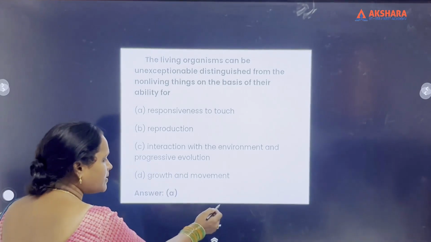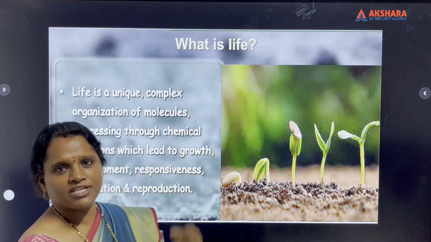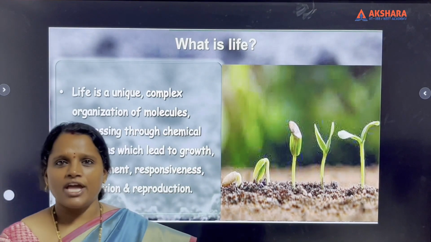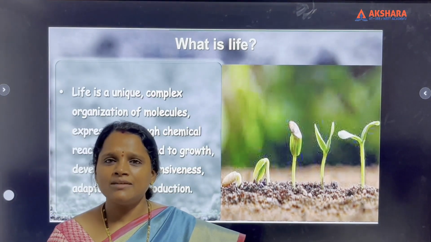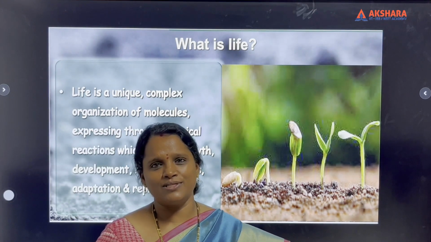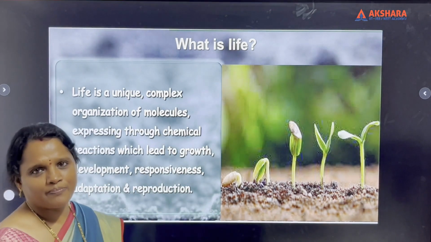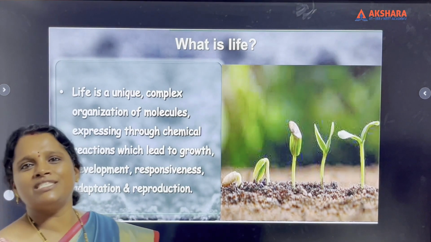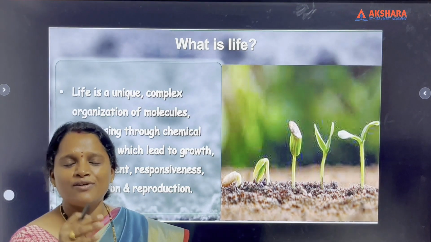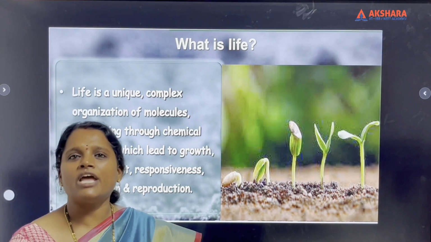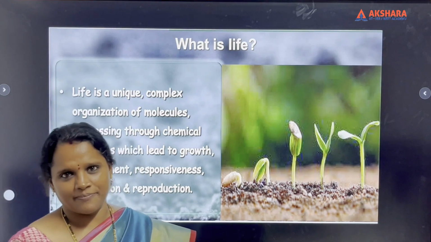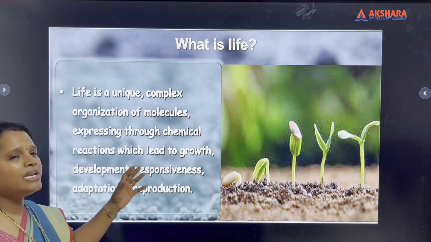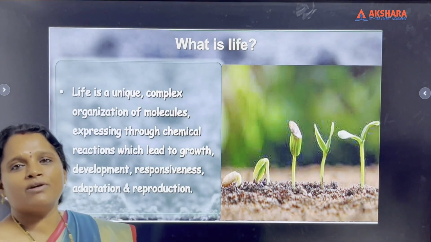After completing our topic, we'll know how to solve these questions. So what is life? Life is a unique combination of complex molecules. Atoms all combine to form molecules. Molecules all combine to form compounds, and these compounds in turn develop into unicellular forms. So the unicellular forms are the only organisms which evolved on the planet for the first time. A single cell started its life on the planet and slowly developed into a living organism.